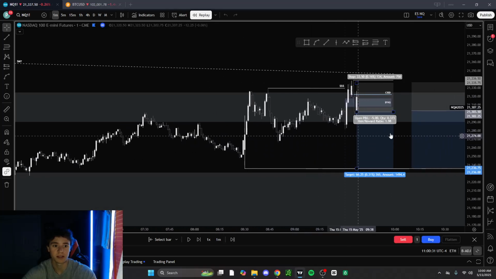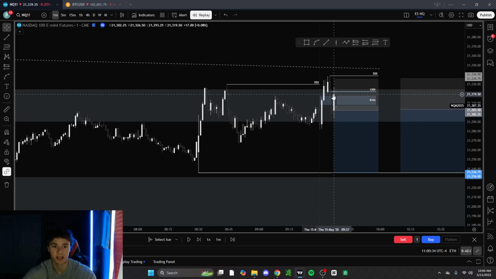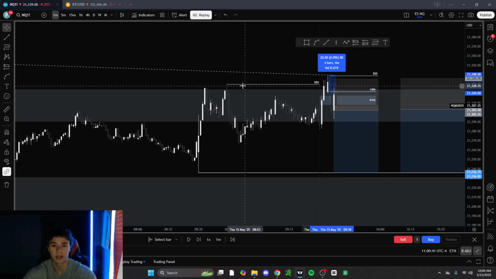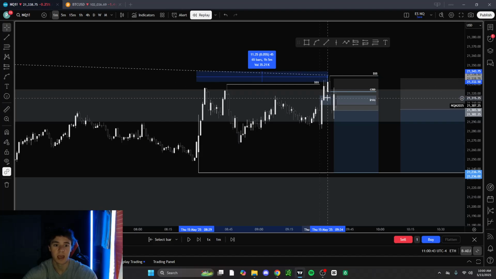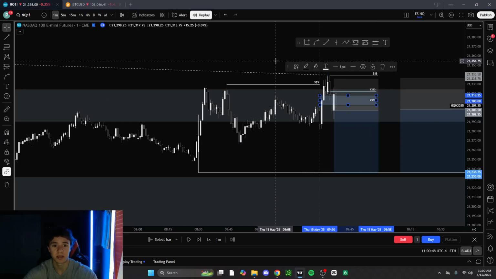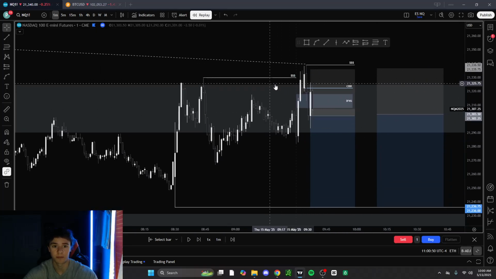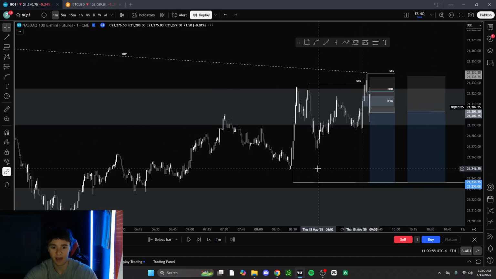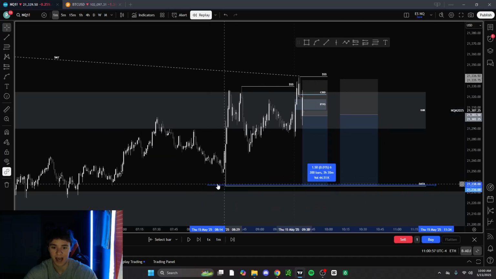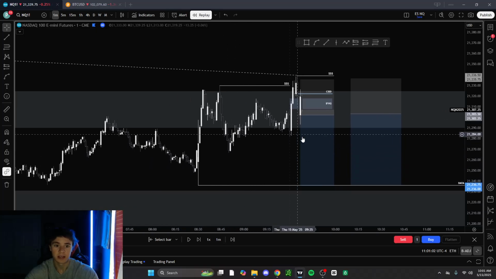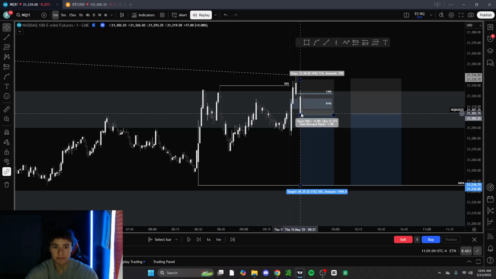So what I'm looking for is an inverse fair value gap and a change in the state. The change in the state would be here, because as of right now the SMT is right here. This is the last up close candle that swept liquidity and caused the SMT, and then we run through these two bullish imbalances right here. So we get the inverse and the change in the state, internal sweep on liquidity. We have that high time frame SMT, and we have this draw on liquidity in the form of a data low. You can see how irregular this price wick is. So we get this candle close here, and I entered.